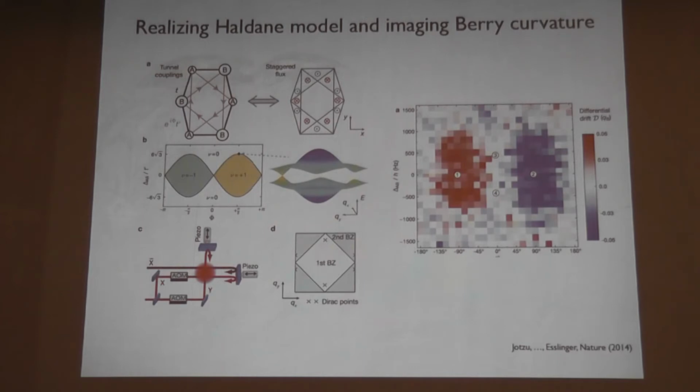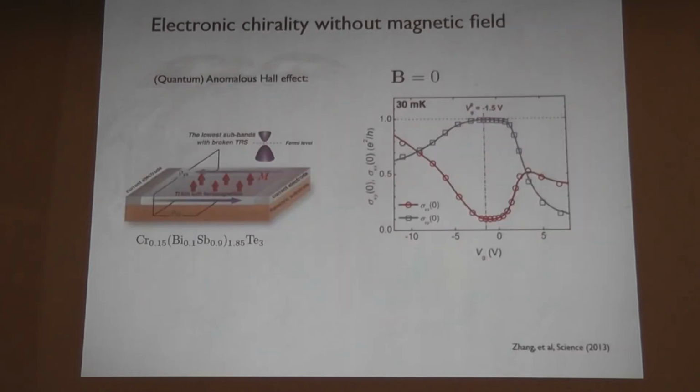Can I see this in a solid state system? And you actually can as well. In these magnetically doped topological insulators, done by the Chinese group in Beijing, they were able to actually get a Hall conductivity in these systems at B equals 0. They were also able to achieve the quantum effect of this, whereby it was quantized at e squared over h, even though sigma xx, which is this red curve here, was quite small. So I'm just trying to show you that materials which have Berry curvature have this kind of chirality at B equals 0. So now we have all the ingredients, the background, to ask the question,